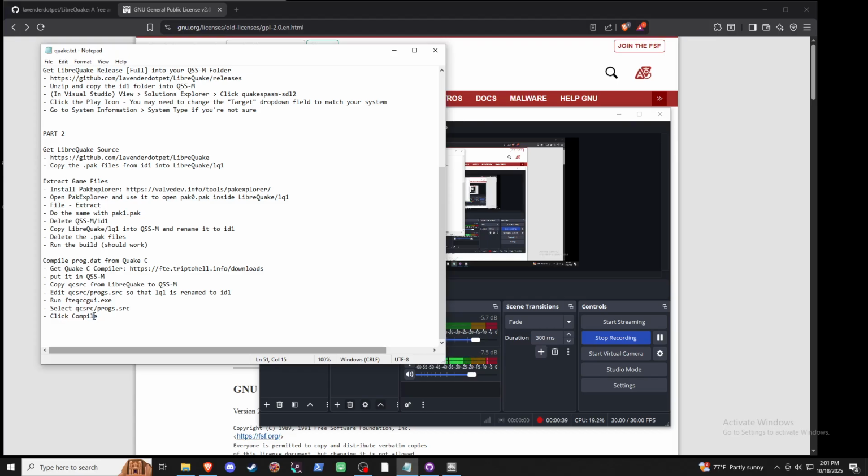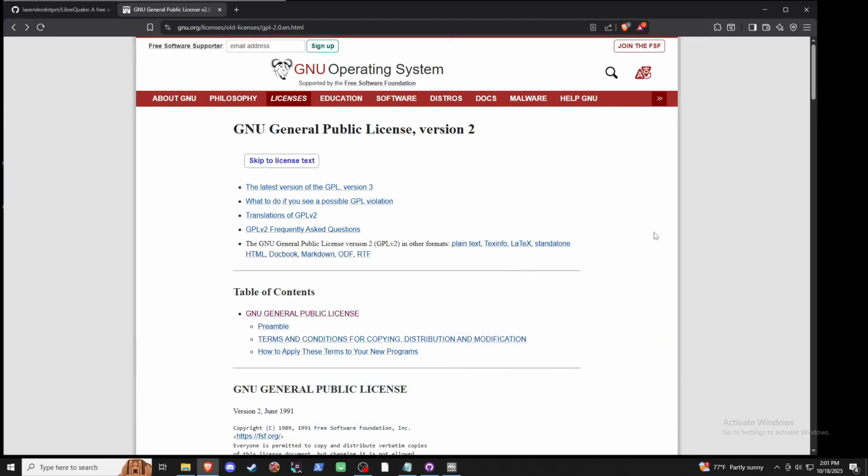Now this time we want to work with the unpacked version, and we want to start making modifications to the game data. Before we start, you need to understand that the Quake engine